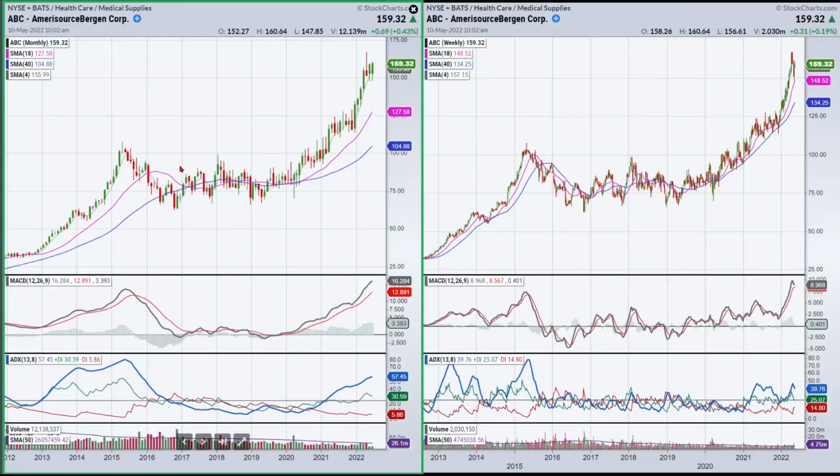So I've got a monthly chart of ABC on the left and a weekly chart on the right. What I want to show here is what price went through: the start of this correction in 2015 and then went sideways for a pretty long period of time until really breaking out in late 2020, early 2021. Notice how the ADX was low during this period. And if we waited for the ADX to get strong and above 25, the price would have been way up here. It would have already made a pretty significant move.